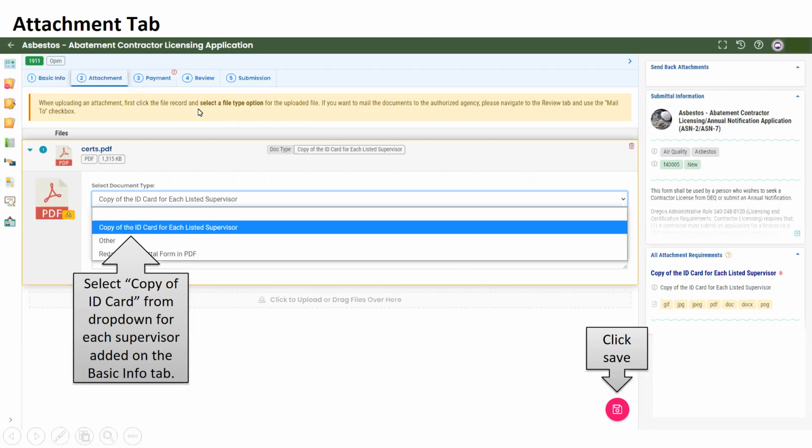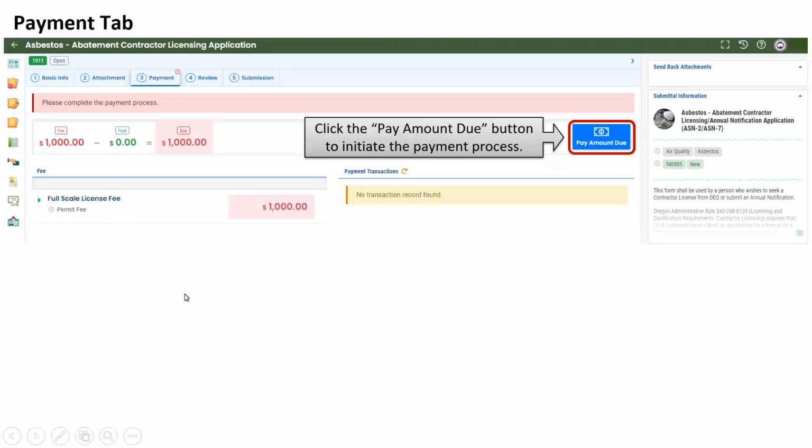And again, click save. The payment tab. So Margaret said at the beginning of the presentation about the ACH process, and then there's also the ability to still pay by check. And coming soon to a DEQ near you, we will also have the ability to do credit card. But for this presentation, because we only have ACH and pay by check available, we're going to discuss those two options.